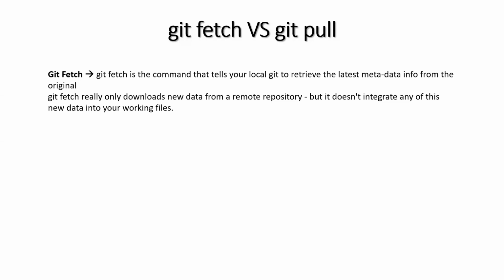Okay, so when we are using git fetch, this will make sure that if there are some changes, we can download those changes into our local repository. This will not impact our current working directory. Okay,